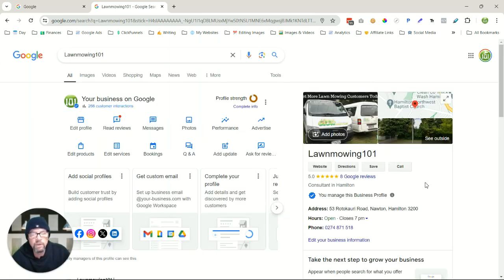Now, whether your business will actually drop off Google Maps or not is up to Google. It will drop off eventually, but I mean, it can hang around for a long time before it drops off. But that's told Google that you're no longer operating the business, and it will at some stage disappear from the